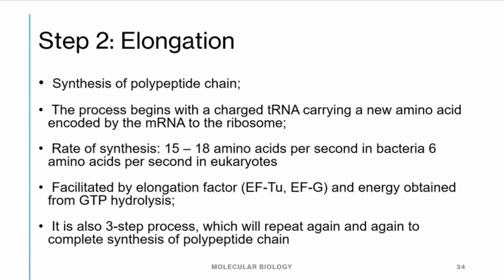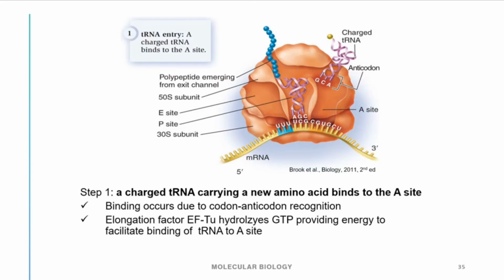The elongation process is again a 3-step process which repeats again and again in order to complete the synthesis of the polypeptide chain. The process is actually quite similar between prokaryotes and eukaryotes, so we're going to be using prokaryotes in this case, for example. So step 1 is the entrance of a charged tRNA that will carry a new amino acid into